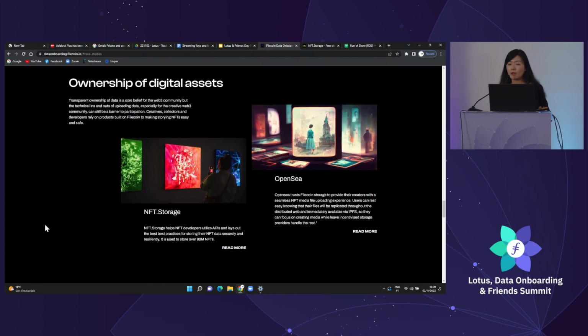And last but not least, storing data on Filecoin is also a great